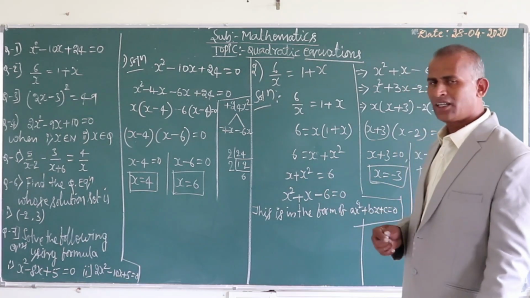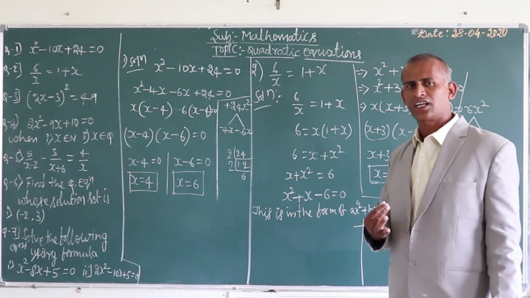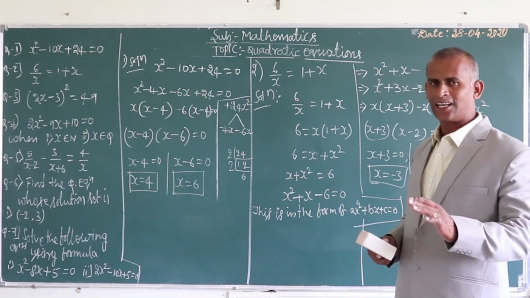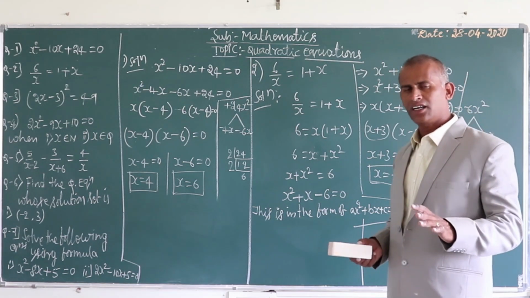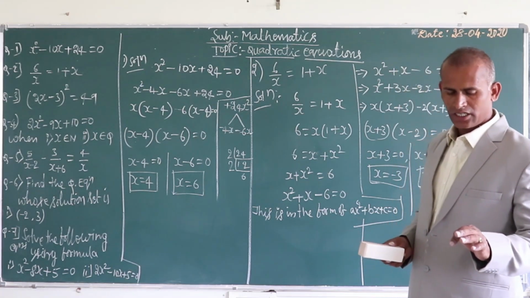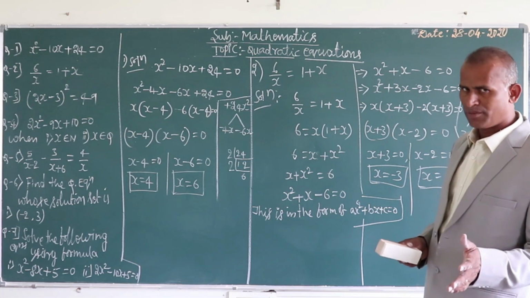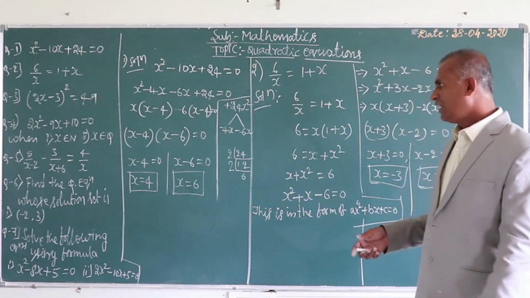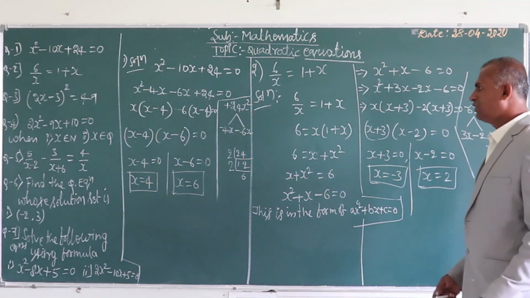For the given prime numbers, square roots and all, we can easily find them using the Clark table. Even in the examination they will allow the Clark table, so do not worry about that. Prime numbers, decimal numbers, square roots and all are easy to find by using the Clark table. Now we have to go for the third one.